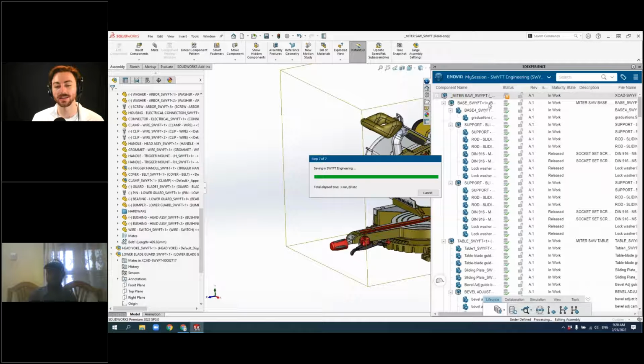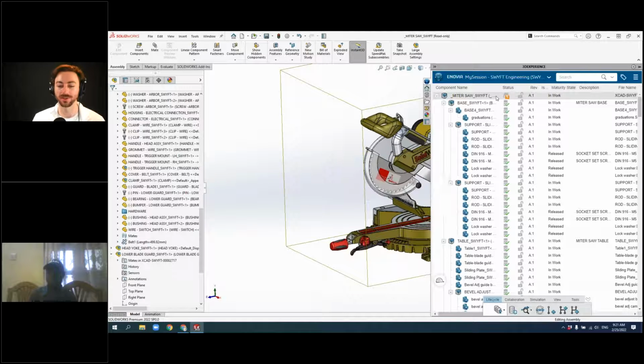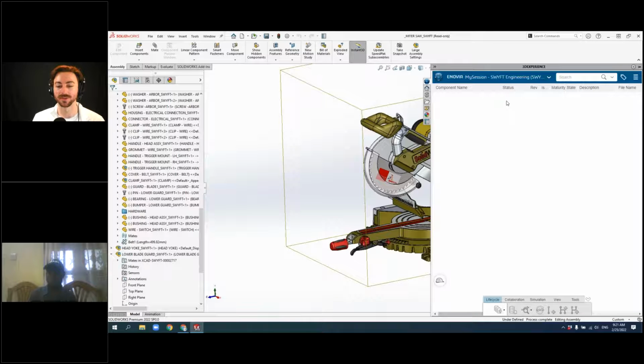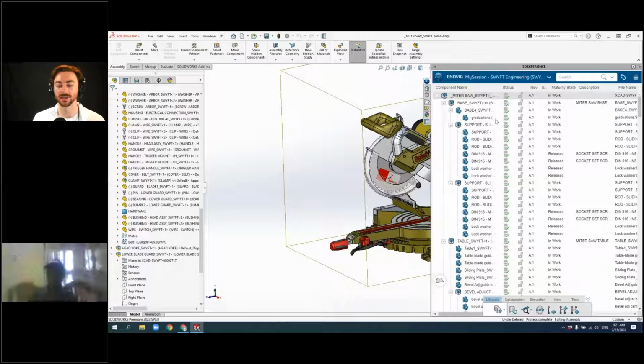But in my case, currently, you can see that this is the only status symbol that is different than the rest. These status symbols mean it's up to date on the server. It doesn't need to worry about those, but it's saving the entire assembly because I've made a change to that assembly structure. So it's pushing that entire assembly back up for any of the other people that I'm collaborating with on this project to get immediate access to this. Usually for this size of assembly, it's usually around a minute. There it goes. And you'll see the status updates right here along with the rest of them.